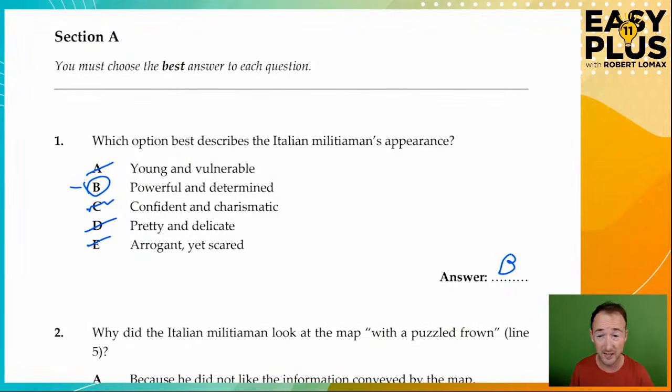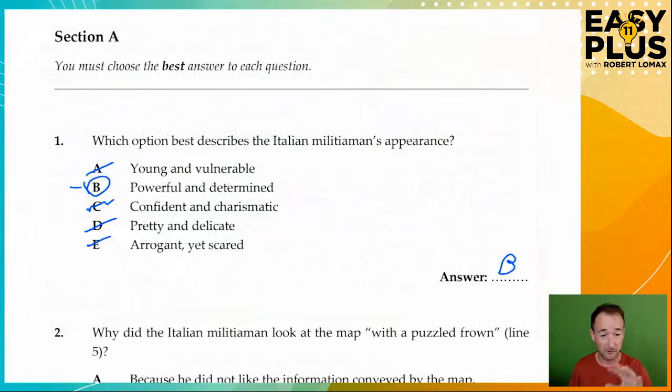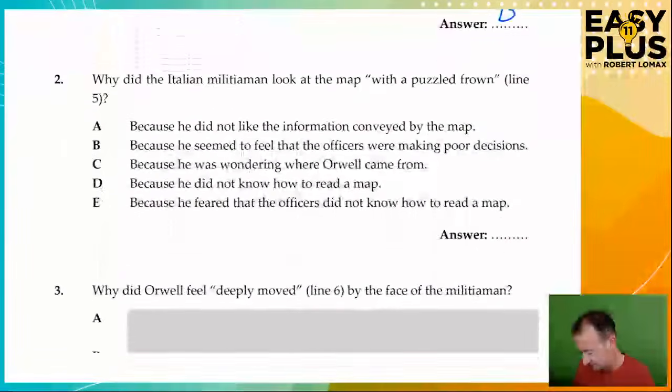But do keep checking the text, as I've been doing, and going to and fro as you make your decision so that everything you do is passage based. Because one of the key things about more difficult multiple choice comprehension is that often you're talking about very subtle differences in the text. And if you don't keep going back to the text, you're liable to end up in a bit of a mess.